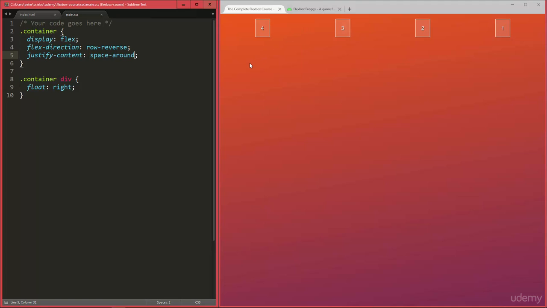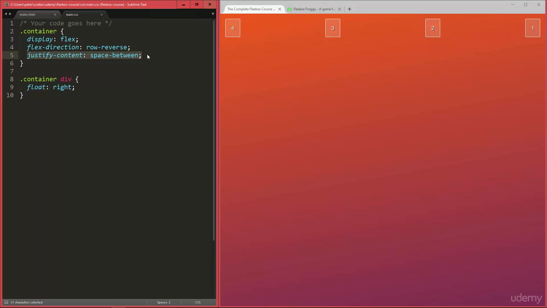But in some cases you may prefer not to have any spacing at the ends here, but rather have them align right at the edges of their container. And in that case, you can use space between, which is very similar, but it removes the spacing here at the start and at the end. Or rather, I should say at the start here and at the end here, because we're in the row reverse situation. So justify content space between might actually be one of the most important ones, because I think it's a very convenient one to have even spacing between the elements and still have all your child elements actually aligned in the overall layout of the site, because there are no spacings on the left and right.